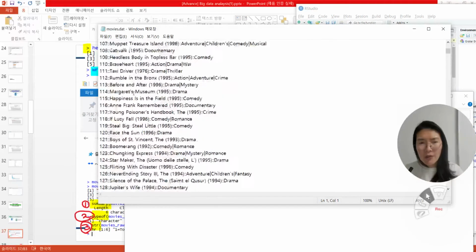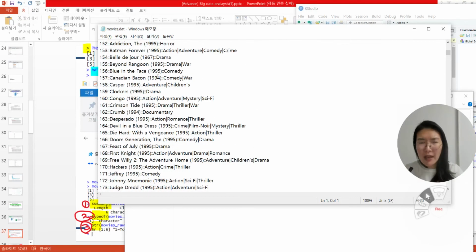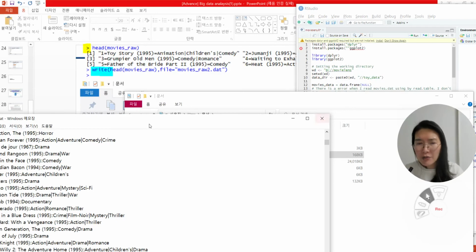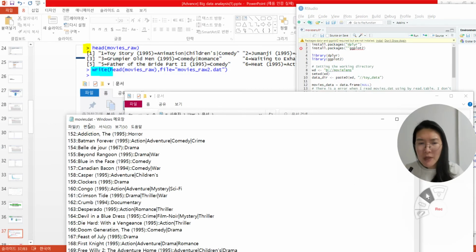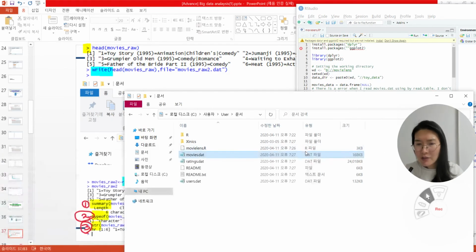So maybe, as I told you, the end of the index number can be around 4,000. Anyway, it is so big. So I want to reduce the movies.dat to a small one. All right. So for that,